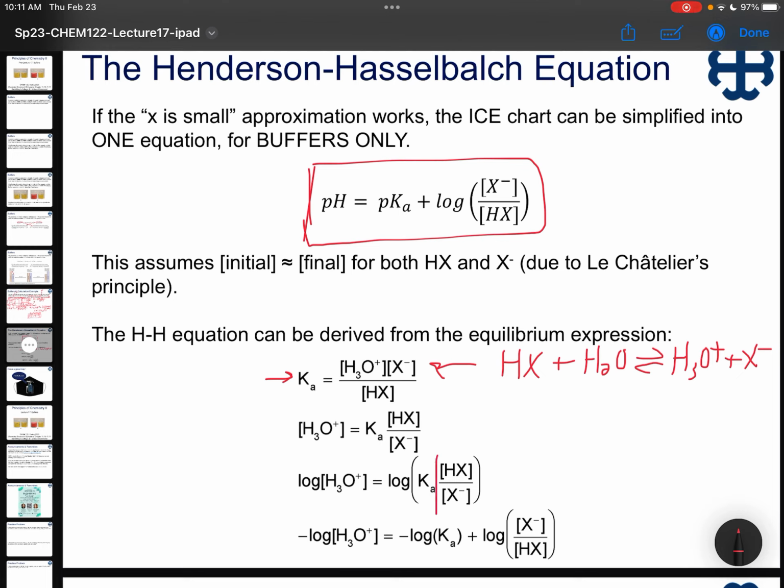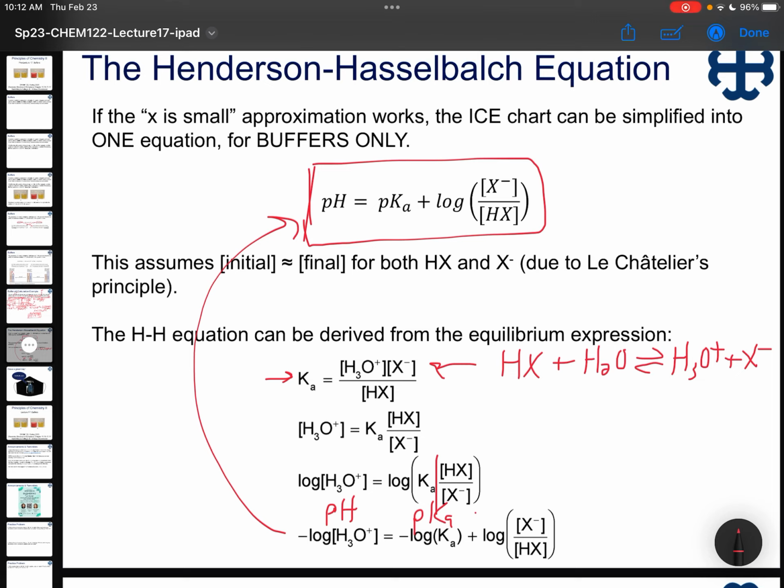So we split our log terms in half. And if we multiply that then by -1, we end up with the negative log of H3O plus is equal to the negative log of Ka, which hopefully we know the negative log of H3O plus is our pH. Negative log of Ka is just pKa. And then it ends up being plus the ratio of our base over our acid,